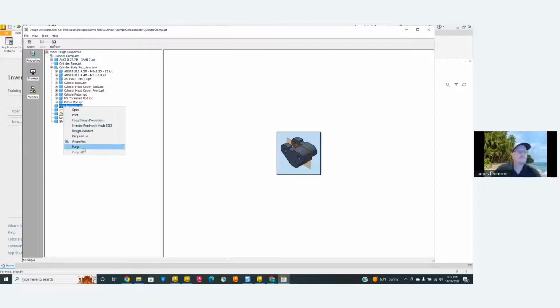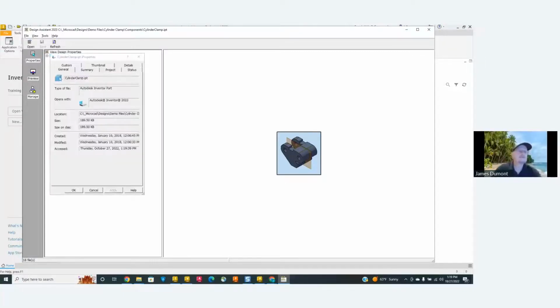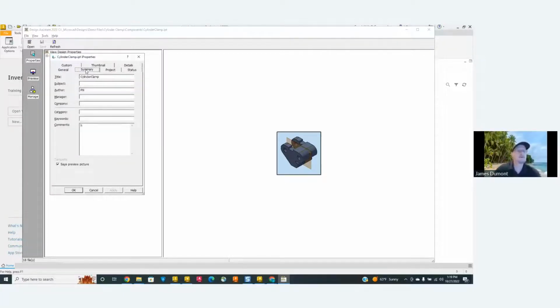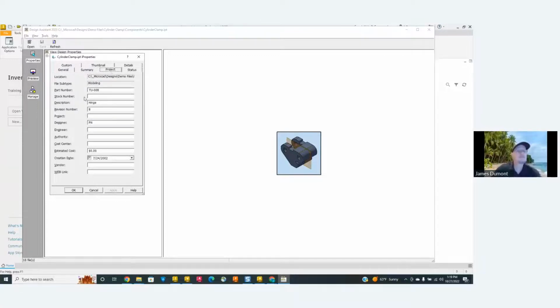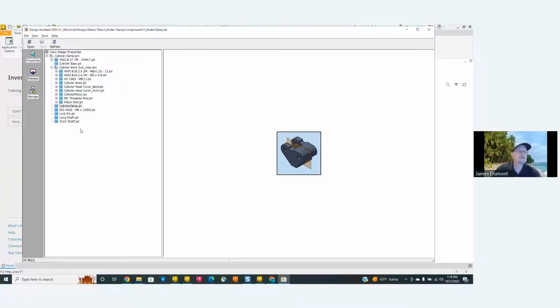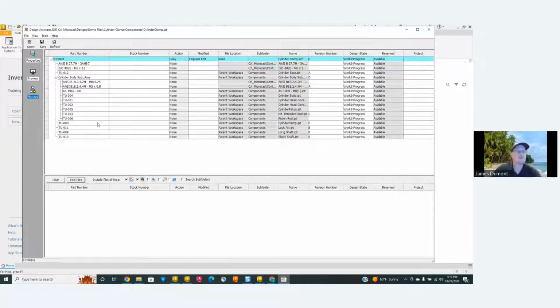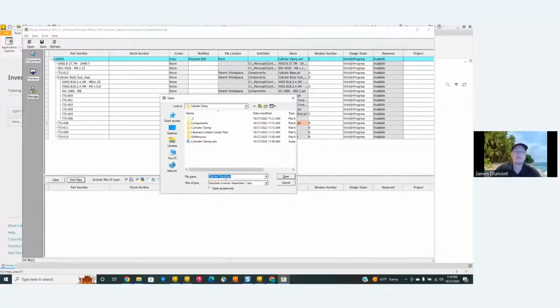I need the part number because the cylinder clamp is not the part number. It's 008. So you can see it's really clumsy to be doing this. Manage 8 is what I want. So I'm going to copy this, copy that. I have to change my name. I'll just call this 1, 2, 3.